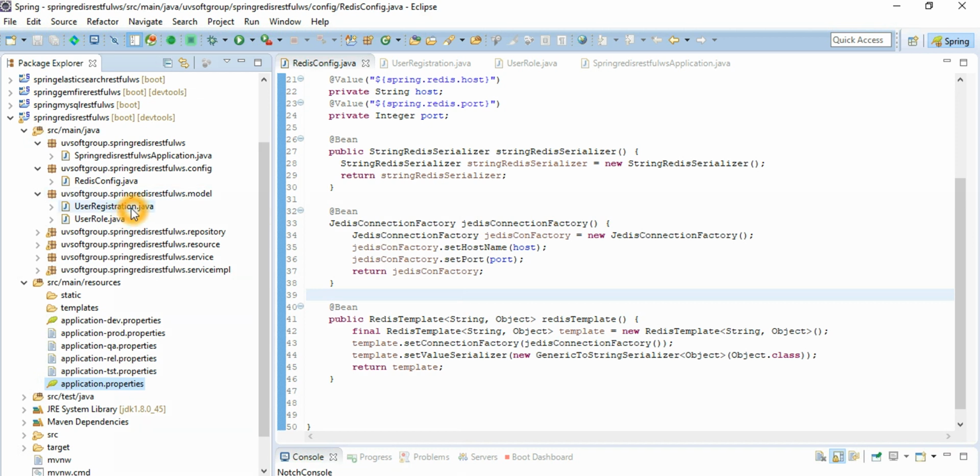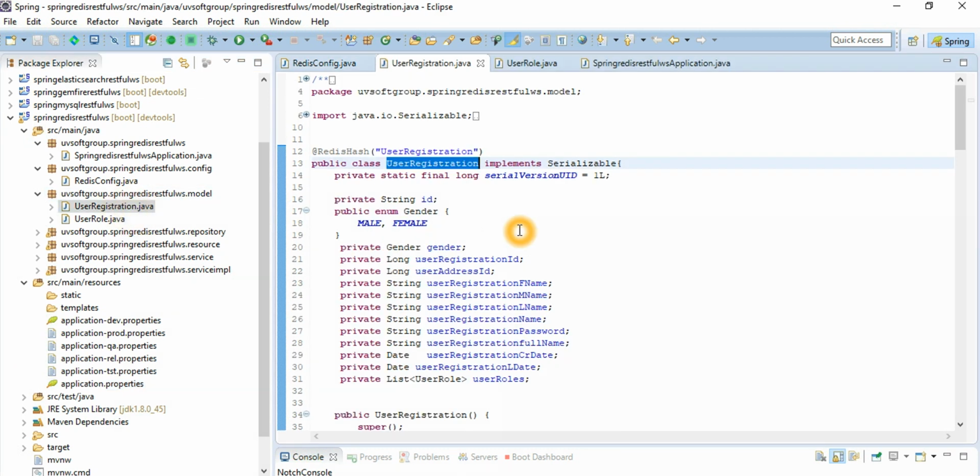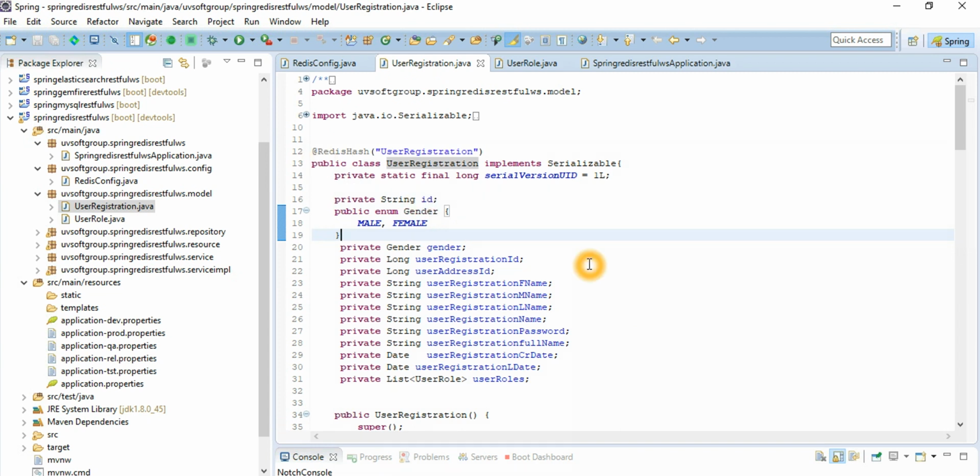So if I go to this here, it is a very simple model. It has the type of gender, it has ID, and this is the most important annotation. That is hash maps or hash tables, and that doesn't matter. This is the annotation, and it's automatically Redis build one specific object or instance of the user registration